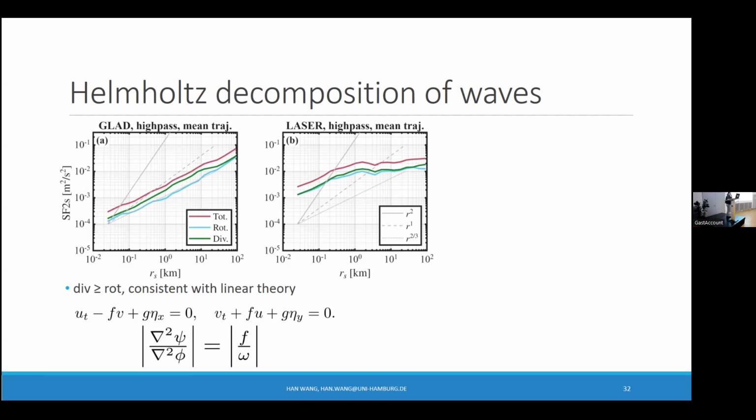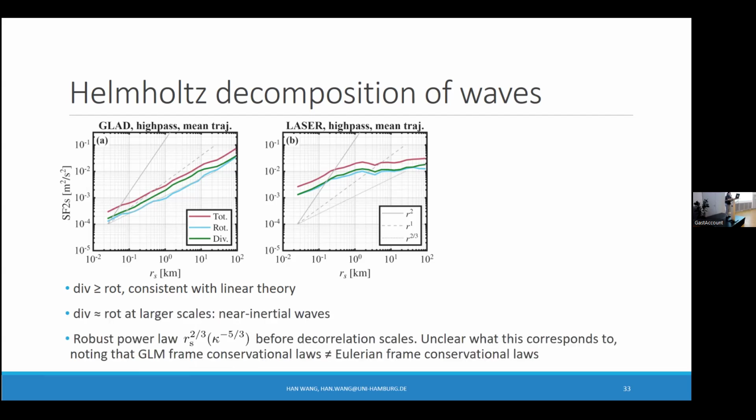horizontal momentum equations, you can derive that the ratio between the stream and potential functions, or like vorticity and divergence, should be roughly proportional to the ratio between the Coriolis frequency and the intrinsic frequency of the waves. So then, because propagating internal waves have omega larger than or equal to f, you would arrive at the conclusion that the divergent waves should always be larger than or equal to the rotational waves, at least